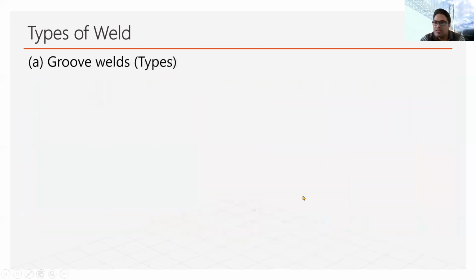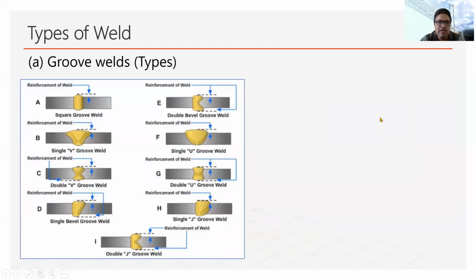Now there are some terms that are associated with the groove weld. So now we will see them. There are various types of groove weld depending on the edge preparation, how we have prepared the edges of the metal, and they are named after that. If we have not prepared any edge, like both edges are vertical, and we fill that using the weld, then this will be called square weld. Similarly, if we prepare the edge like this, this will be called double bevel, or sometimes K groove weld.